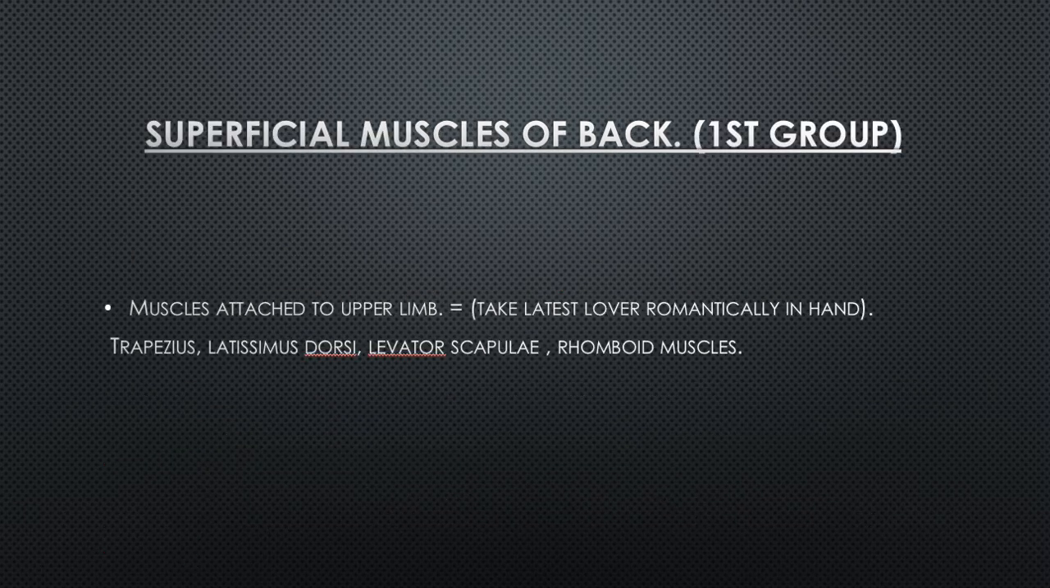Then the superficial muscles of back, first group, include muscles attached to upper limb. We need to make just a quote here: "Take latest lover romantically in hand." Take the first letter T for trapezius, then L for latissimus, and L for levator scapulae, and rhomboid muscles in hand. That means in upper limb. Take latest lover romantically in hand. And next one is